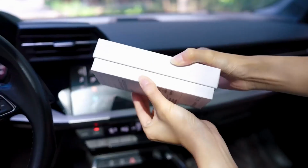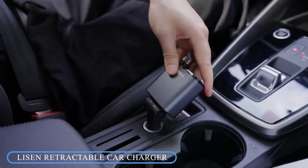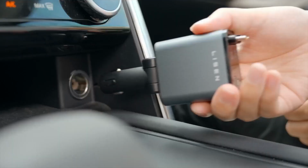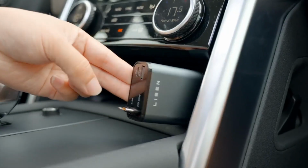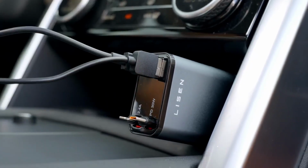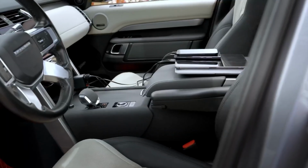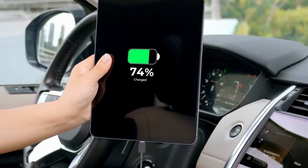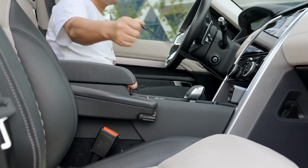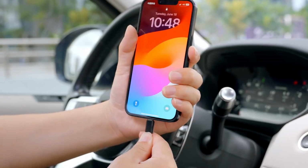And to keep all those devices charged, dealing with a tangled mess of cables is the worst. The LISEN retractable car charger is pure genius. This compact hub has a retractable 31-inch cable and 2 extra USB ports, delivering a massive 69 watts of power. You plug it in, the cord extends for use, and with a gentle pull, it retracts back to a clean, clutter-free state. It's incredibly